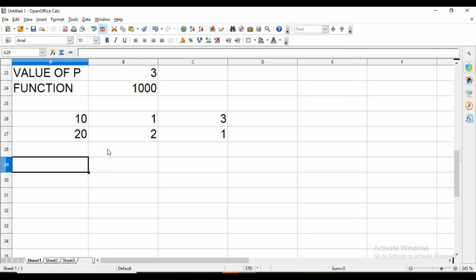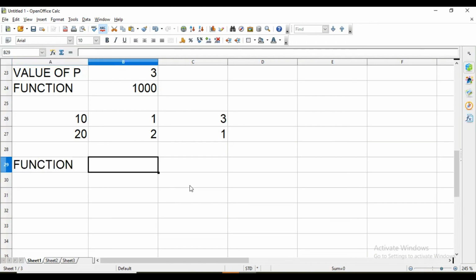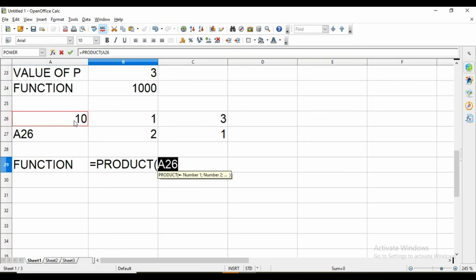So for that, function, that is equal to PRODUCT, and then take the first pair, then select it like this. This is two values only. If we have multiple values, we can select that part like we have done in that sum function.